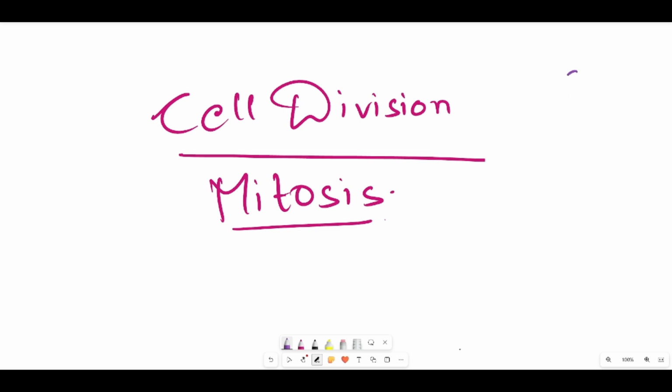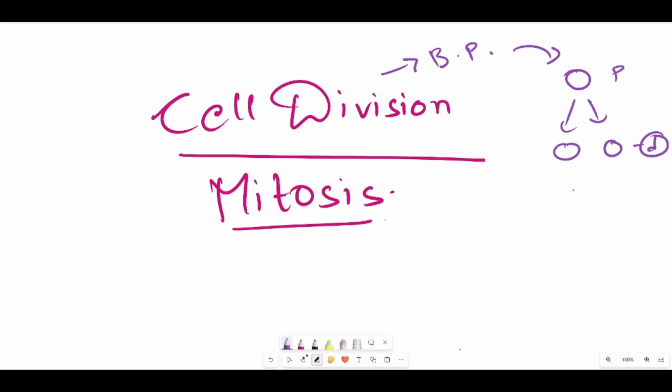Initially, just assume that this is a parent cell and it is giving rise to two daughter cells. Cell division is a biological process for producing two daughter cells from the parent cell for growth, development and reproduction. Let me repeat the definition once again. The biological process of producing daughter cells from the parent cell for growth, development and reproduction is